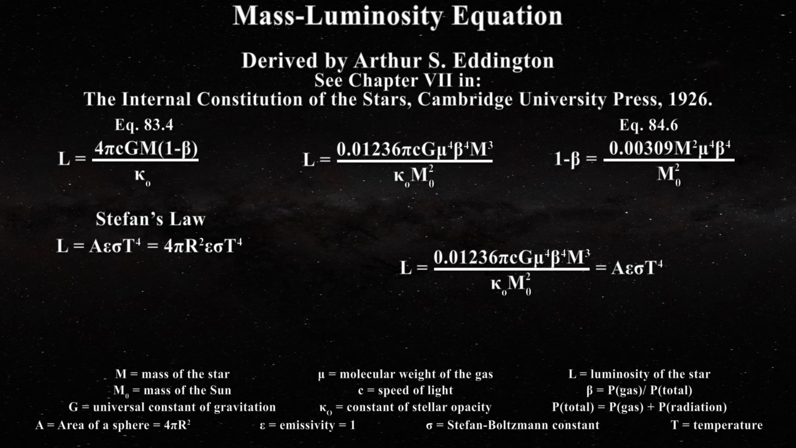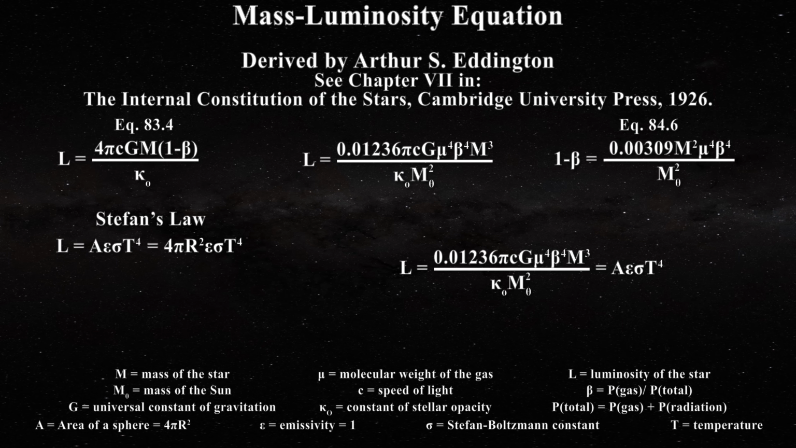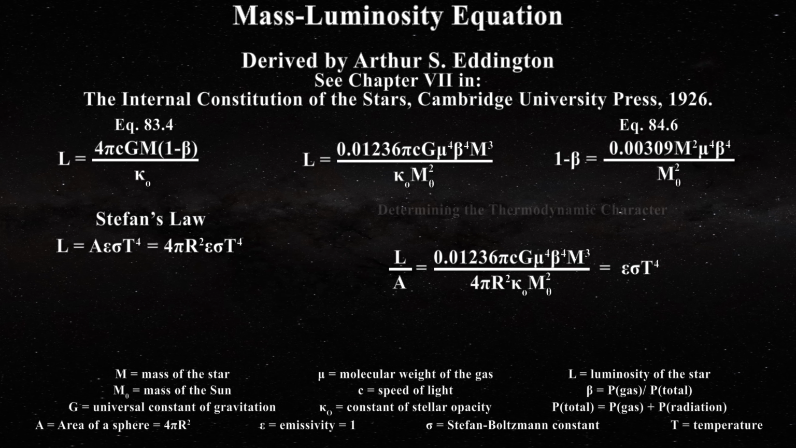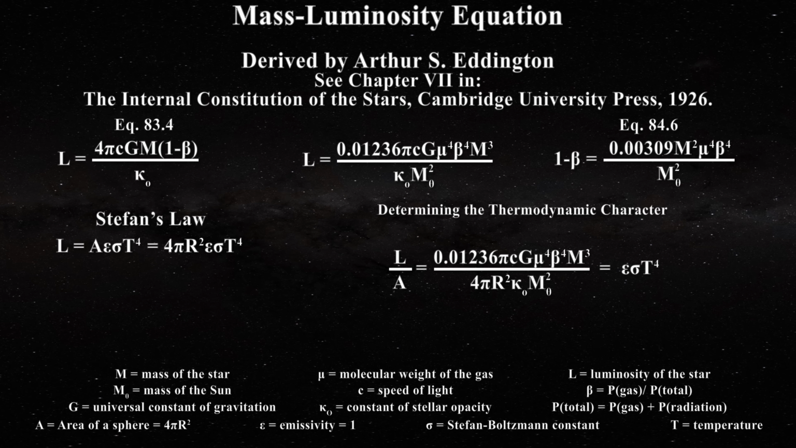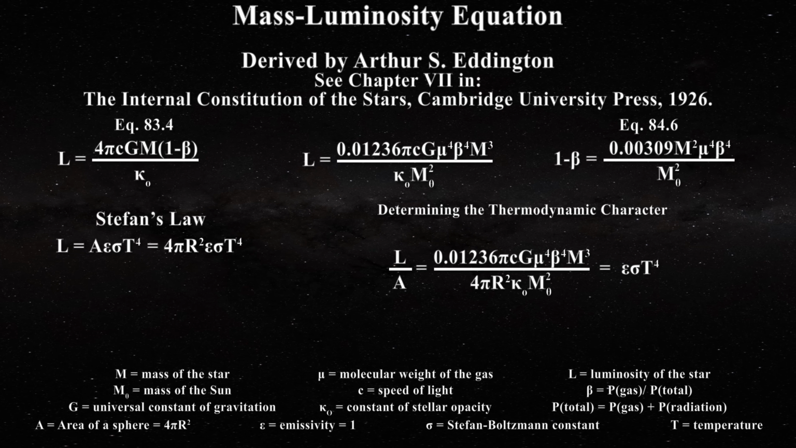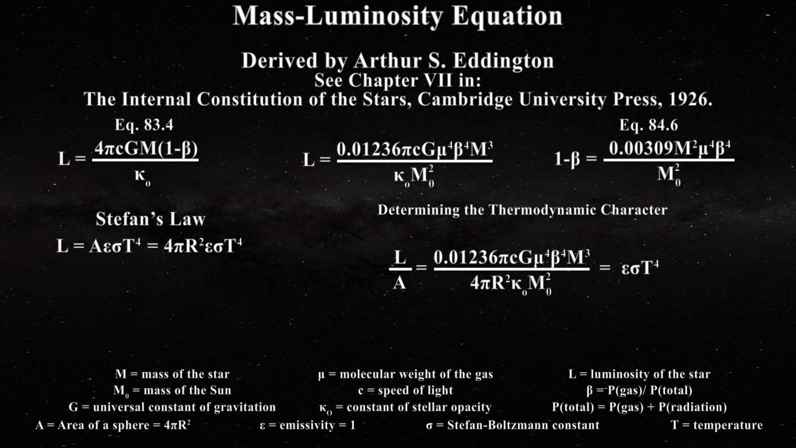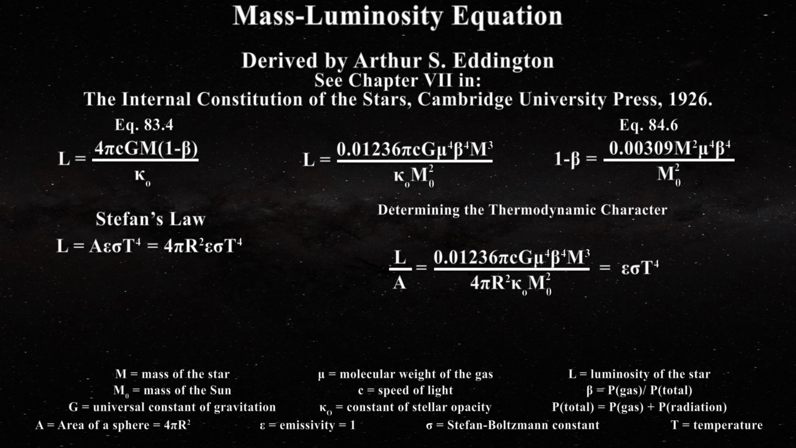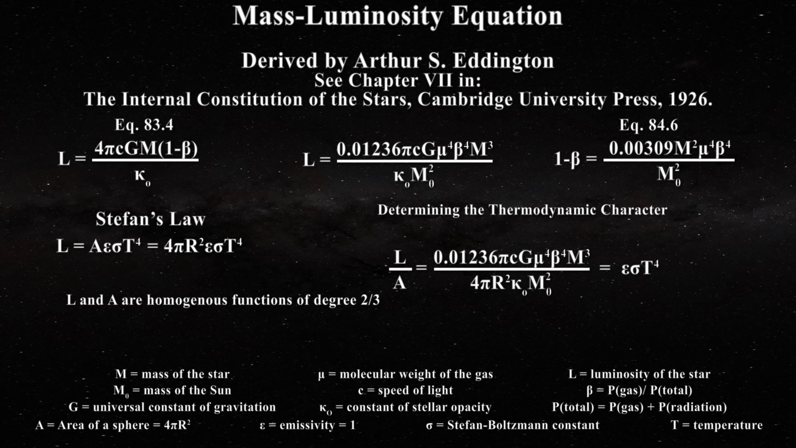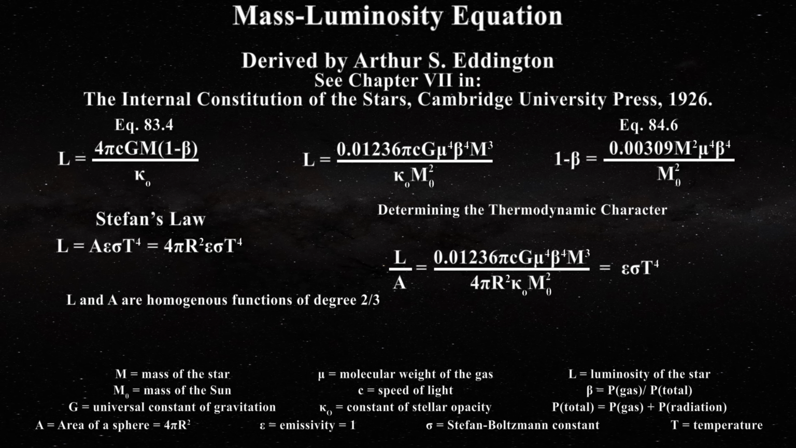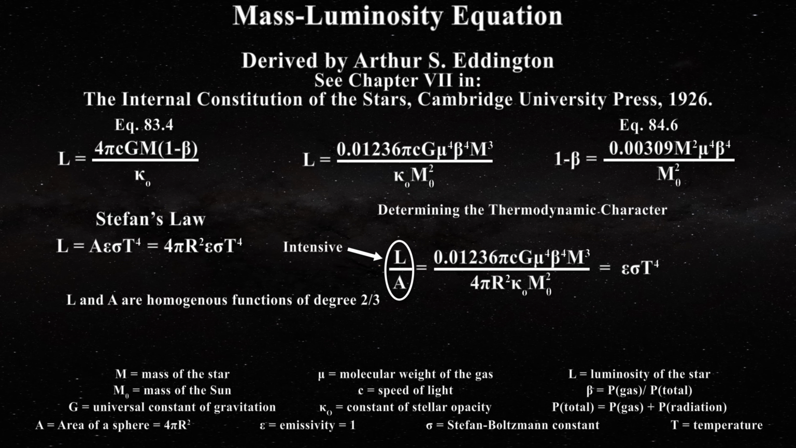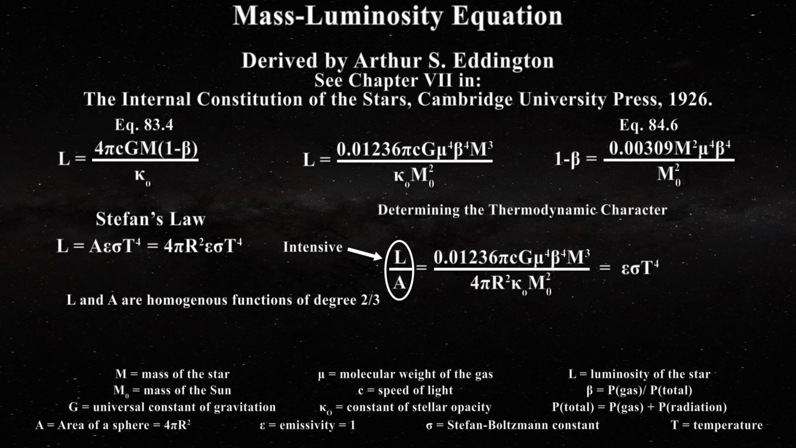Now, since the area is equal to 4 pi r squared, let us divide everything by area, which simplifies to the following. Now we must determine the thermodynamic character of these expressions. Unfortunately, this is something that few people seem to understand, so I will deal with this case in detail. First, luminosity is not an extensive property, and neither is area, but both have the same thermodynamic character, since they are both homogeneous functions of degree 2/3. As a result, L divided by A results in an intensive property, so the far left side of this expression